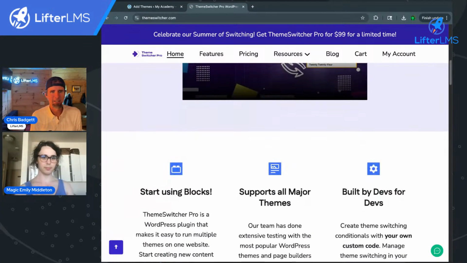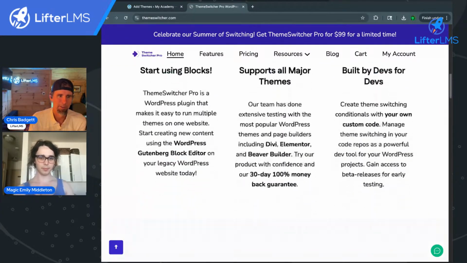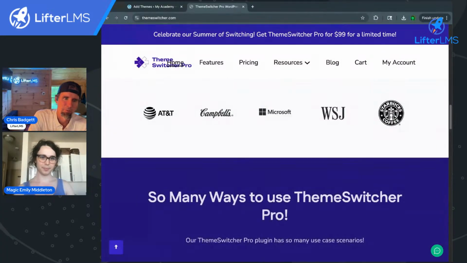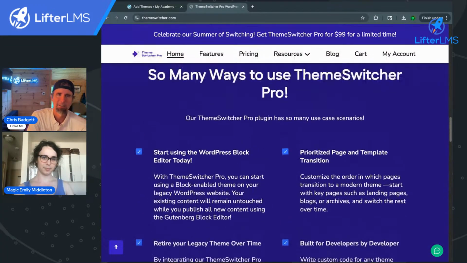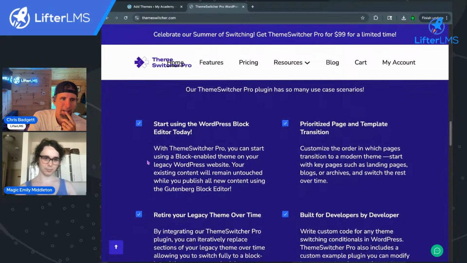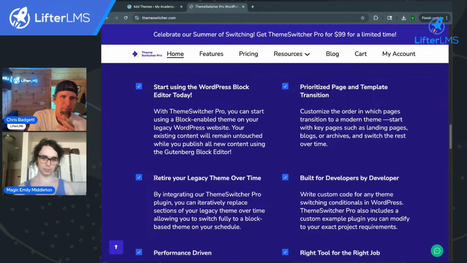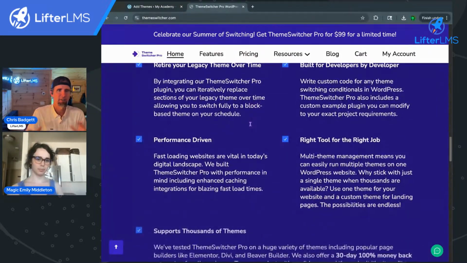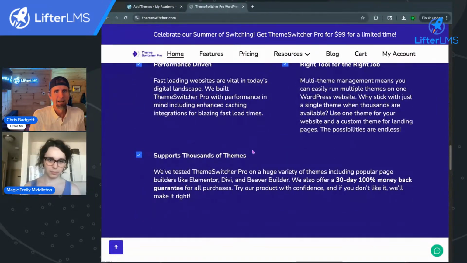And we actually worked with them with the redesign of the LifterLMS website. But this is a really cool tool. So basically, if you're on an older theme like Astra or Cadence, and you wanted to try a more modern full site editing theme like SkyPilot, but you're not quite ready to switch over your whole website,